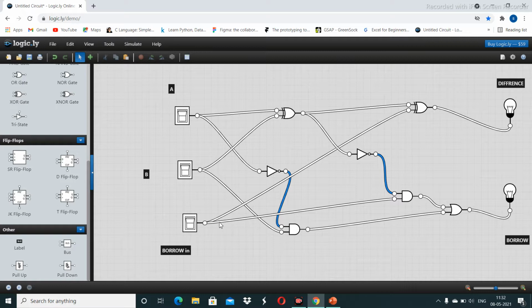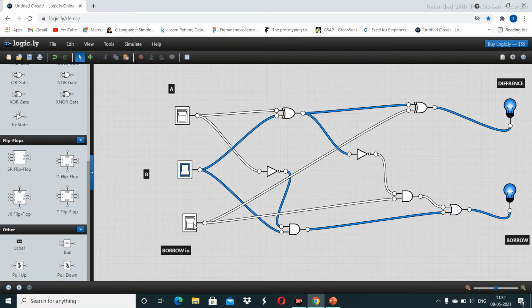When borrow in is 1, the difference and borrow are 1. When B is 1 and C is 0, then the difference and borrow will be 1. When A is 0 and B and C are 1, then the borrow will be 1.